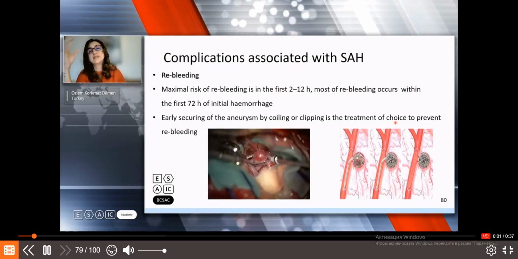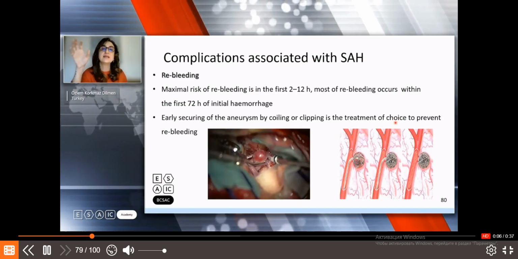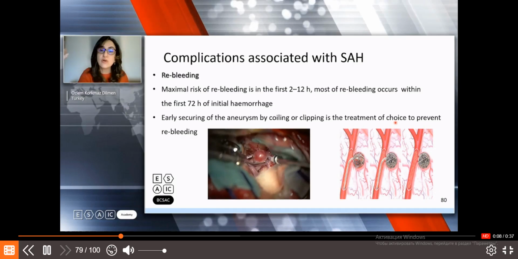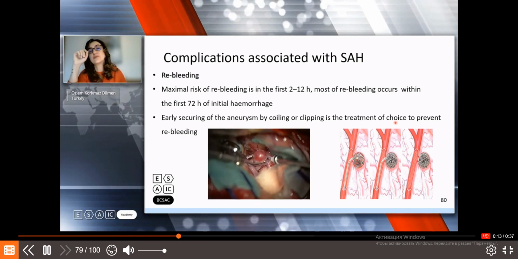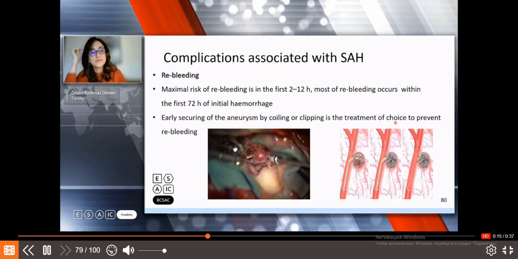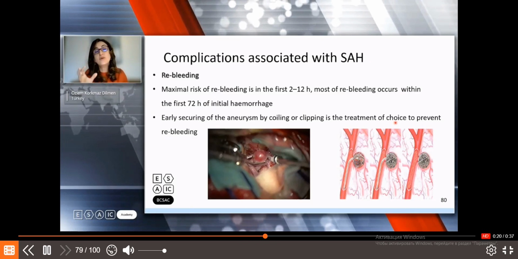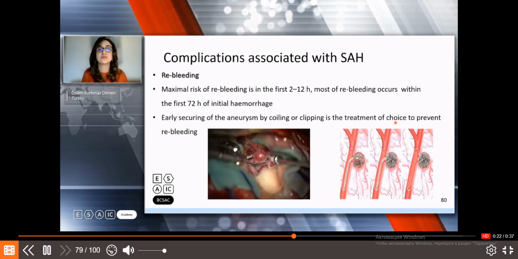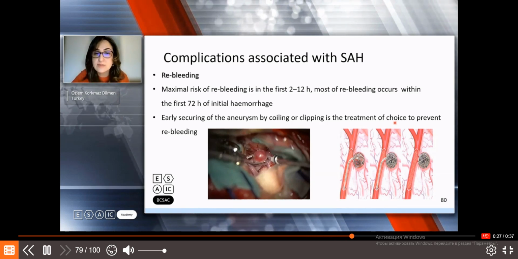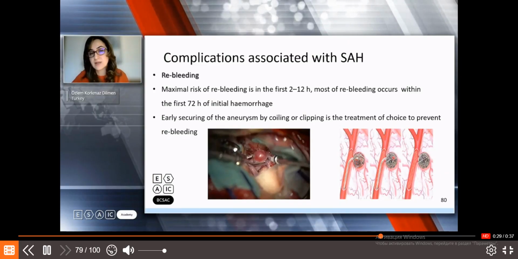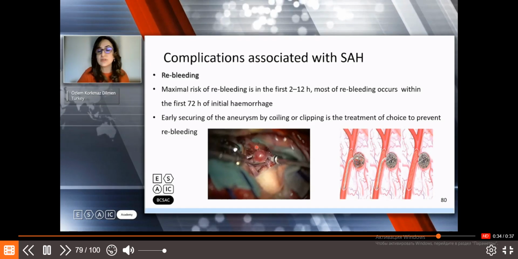There are several complications associated with subarachnoid hemorrhage. The most important and early complication is rebleeding. The maximum risk of rebleeding is in the first 2 to 12 hours. Most rebleeding occurs within the first 2 to 7 hours of the initial hemorrhage. Early securing of the aneurysm by coiling, as you see here, or clipping, is the treatment of choice to